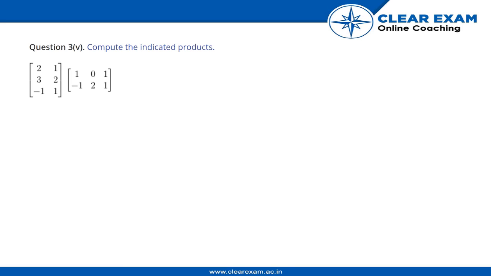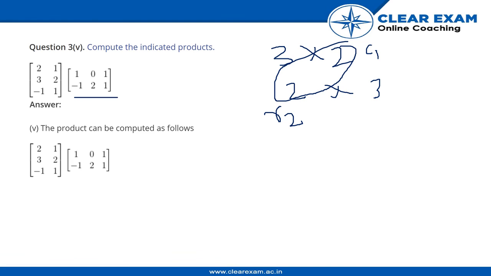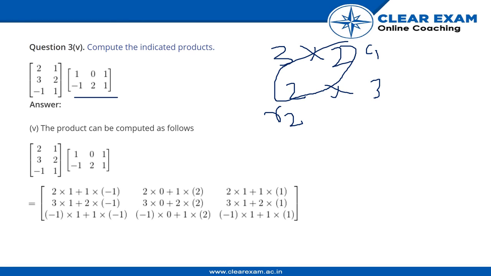This time the order of the first matrix is 3 cross 2, 3 rows into 2 columns, and the order of the second matrix is 2 rows into 3 columns. Again we see that the number of columns in the first matrix is equal to the number of rows in the second matrix. So now we can perform the multiplication operation on these two matrices. Again, the multiplication part is very easy. We have to multiply the corresponding elements and we get a final matrix as something like this given over here. So this multiplication part is really very easy. Now moving to the last slide.